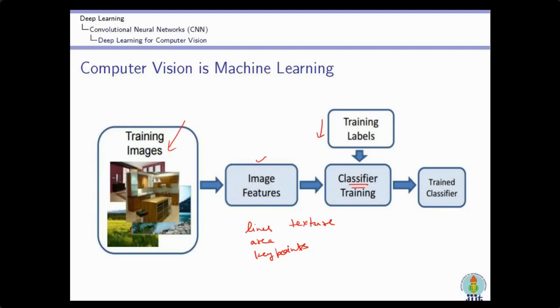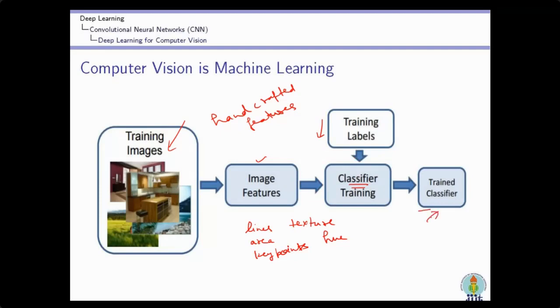From this image, the hue value means the color of the pixel values. So these are the handcrafted features, because we are giving this information to the classifier. On the basis of these handcrafted features, the classifier trains itself, and then we get the trained classifier that is used for testing.